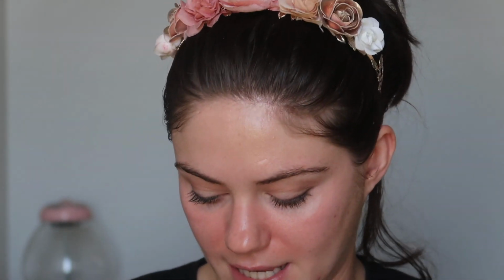So while our mascara dries, I'm going to move on to our skin, and I did just wipe off any of the fallout because we don't want dark eyeshadows on our under eyes or anything. I'm going to be using the Maybelline CC cream. This is like a tinted moisturizer. It has a little bit of colour but not heaps. Like, it'll just take away the redness in my skin but not be too thick on my skin, so it's still very breathable. So I'm going to go ahead with a light concealer